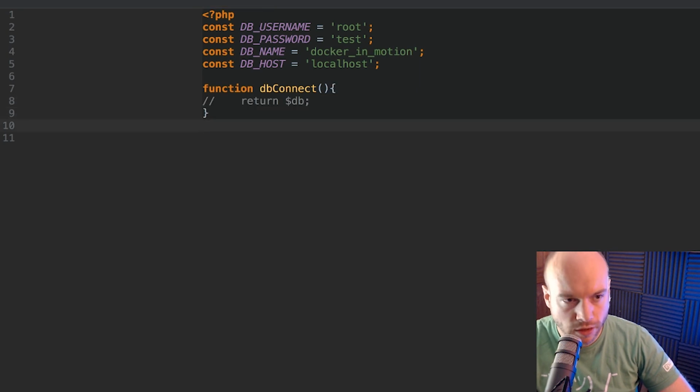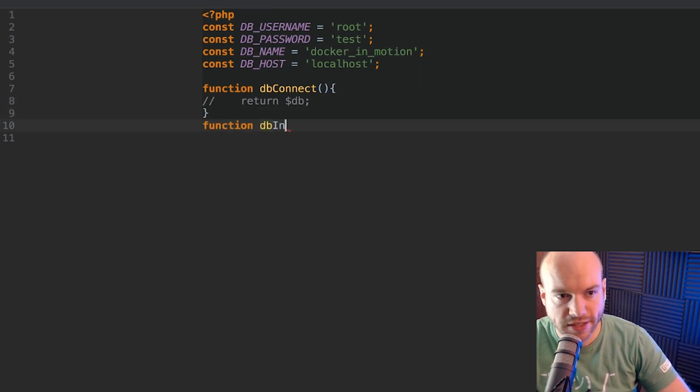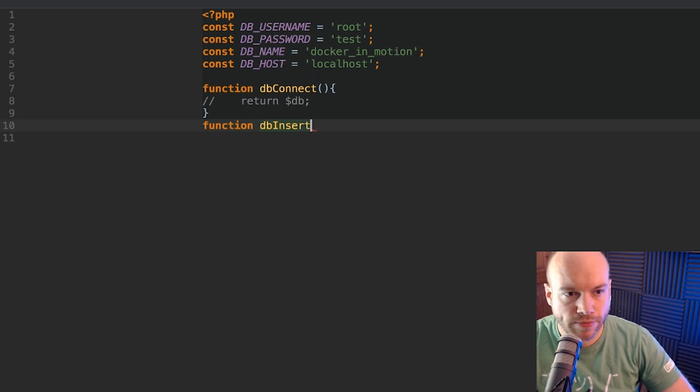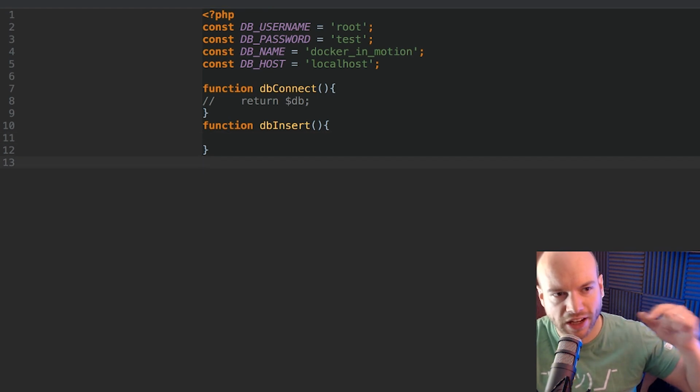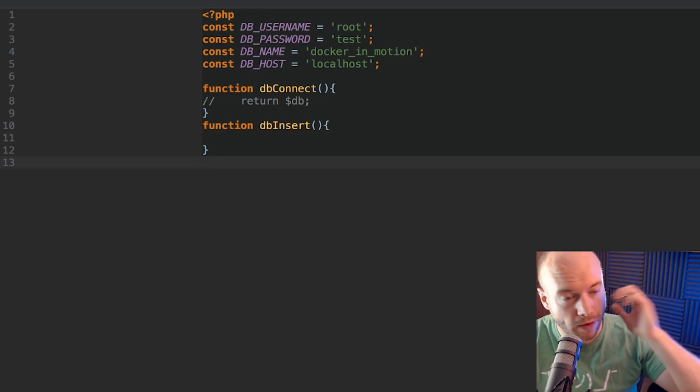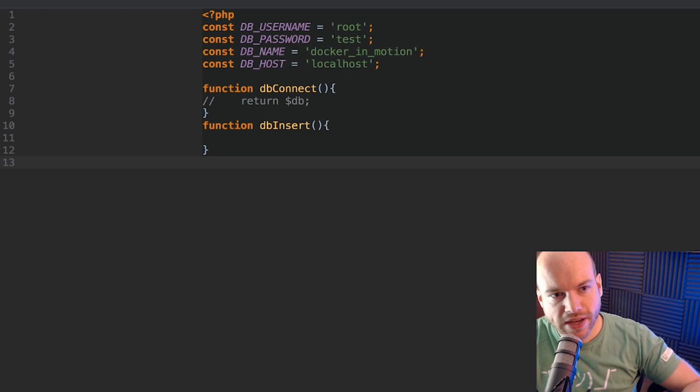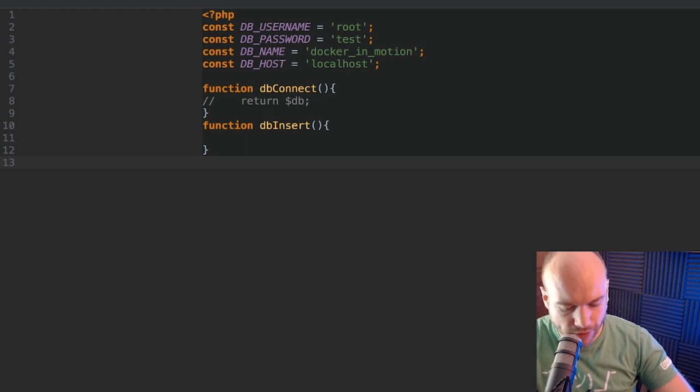And then what I also want to do is a function called db insert, which is going to insert into the db. My brain is going a million miles a minute at the moment, and I want to get on with the stuff that I was thinking about doing this morning. But I need to break this down. So db connect, db insert, db